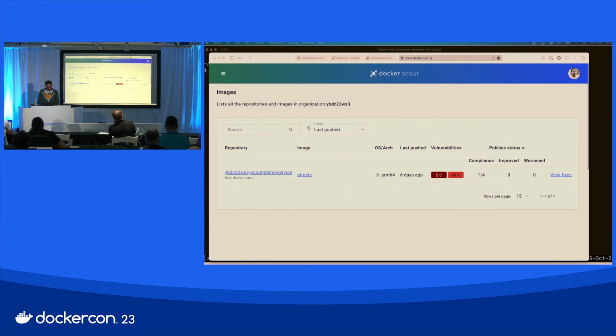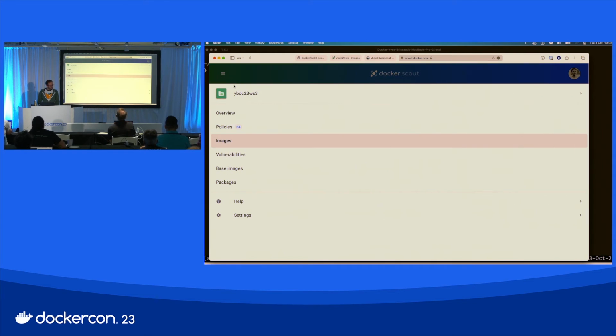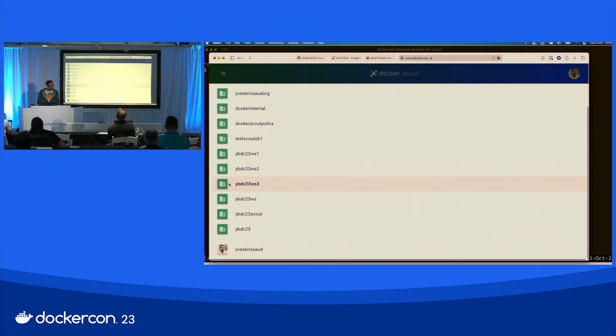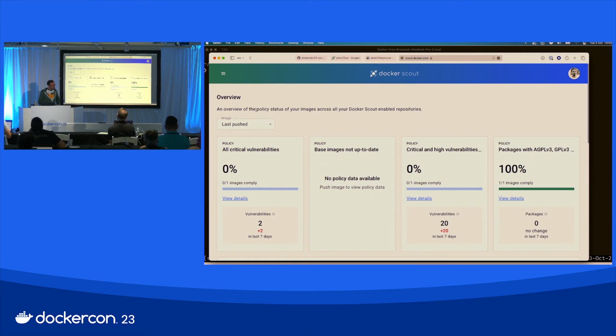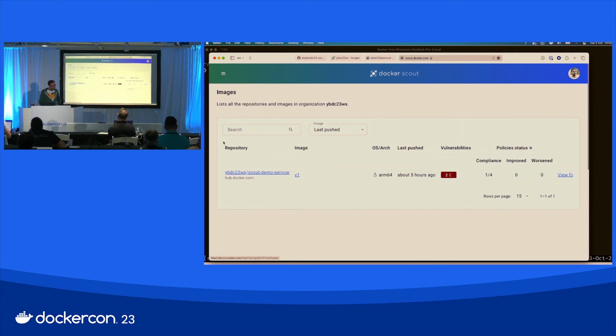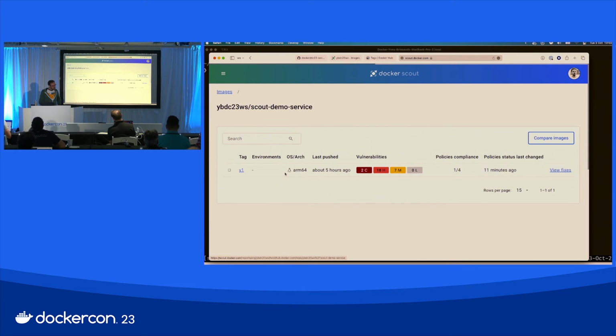Go back up one. If I go back again to the right organization, okay, I had to retag it. So it was this one here, pushed up. And then if I display the images, is that the error here? No, that's the compare. All right, I do this, and if I list them,